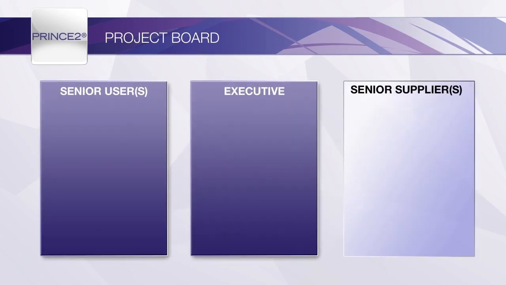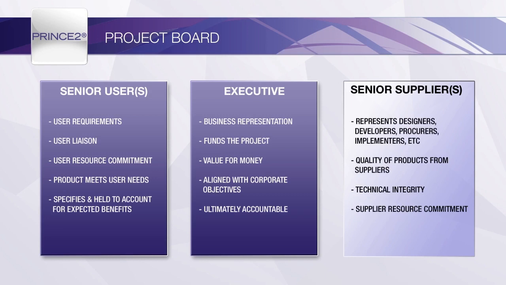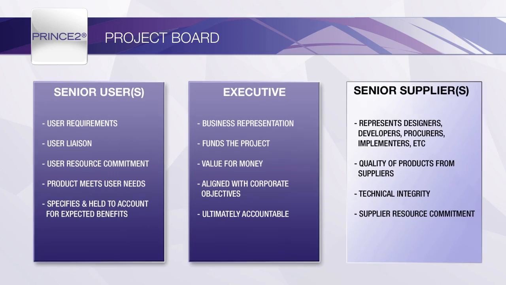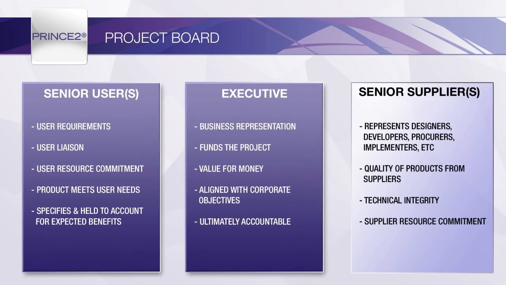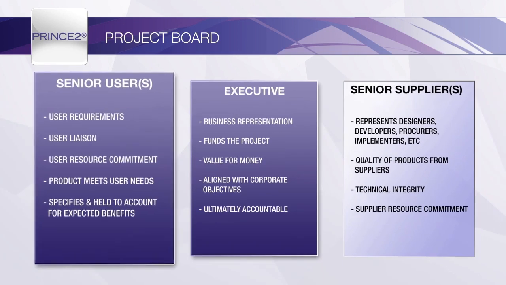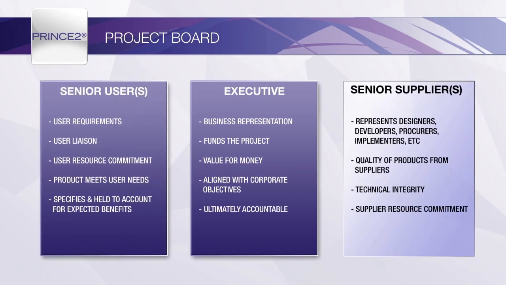The project board is overall responsible for the successful outcome of the project and should be viewed as the owners of the project. Each project board member has specific responsibilities, but they must work together to ensure that decisions are made in a timely and informed way. PRINCE2 does not see the project board as a traditional voting democracy, but places the ultimate responsibility on the executive member, who is the final decision maker, with help, advice and assistance from the senior user and senior supplier.